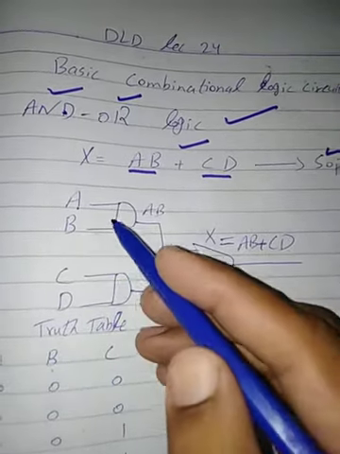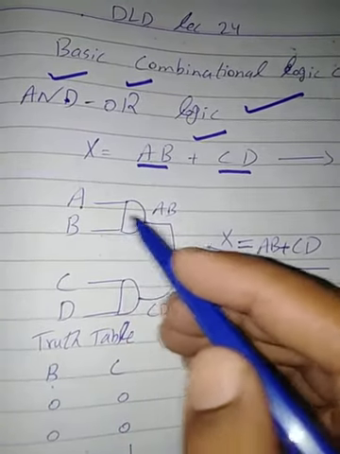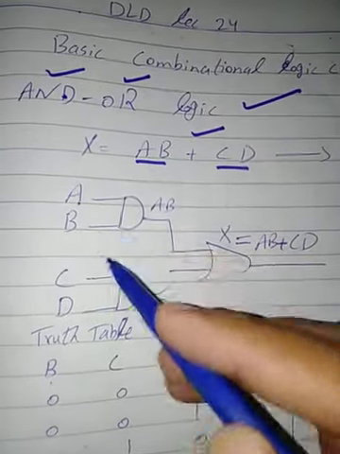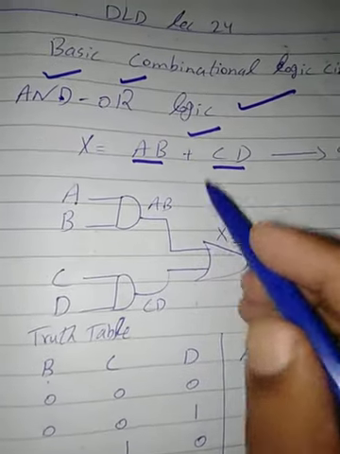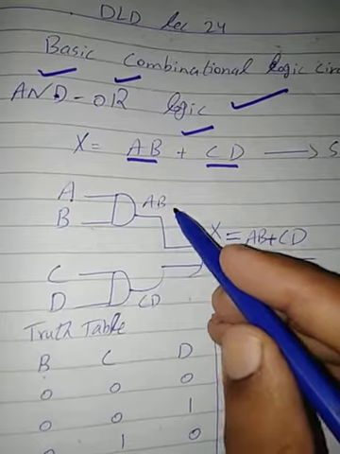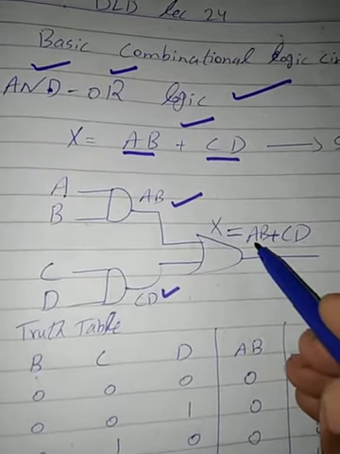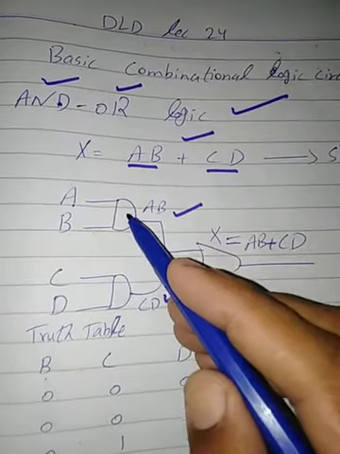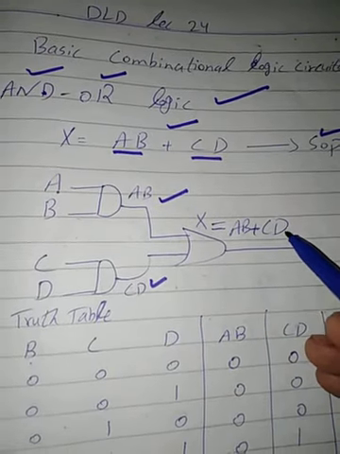I draw a logic diagram. A logic diagram contains the logic gates. This is the AND gate and this is the OR gate. A, B go to an AND gate, C, D go to an AND gate. Their expressions are AB and CD. Now their sum, so x equal to... I cross the inputs AB and CD through an OR gate. The expression is AB plus CD, because this is the OR gate. The OR gate sign is plus and the AND gate sign is dot. So this is the expression x equal to AB plus CD. This is a SOP expression.